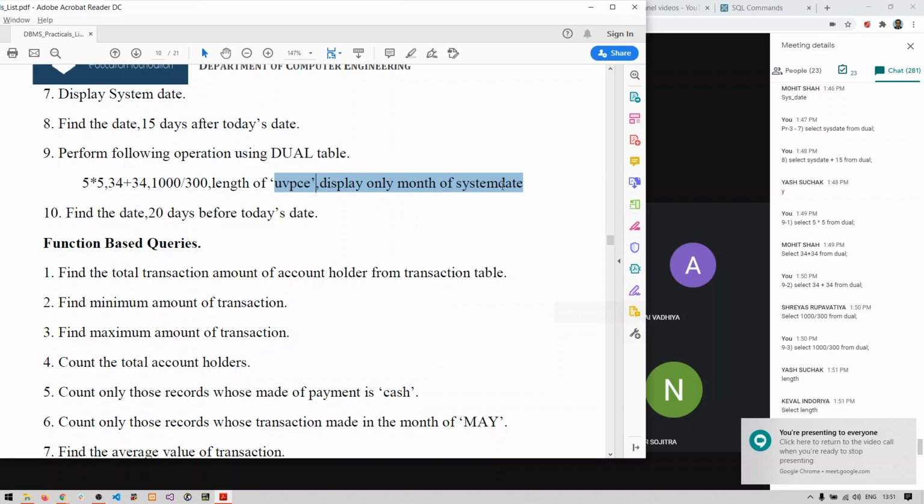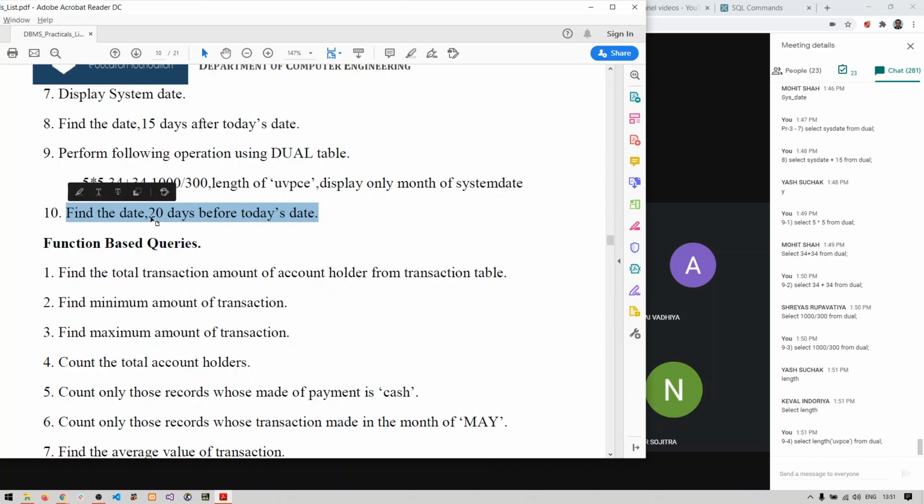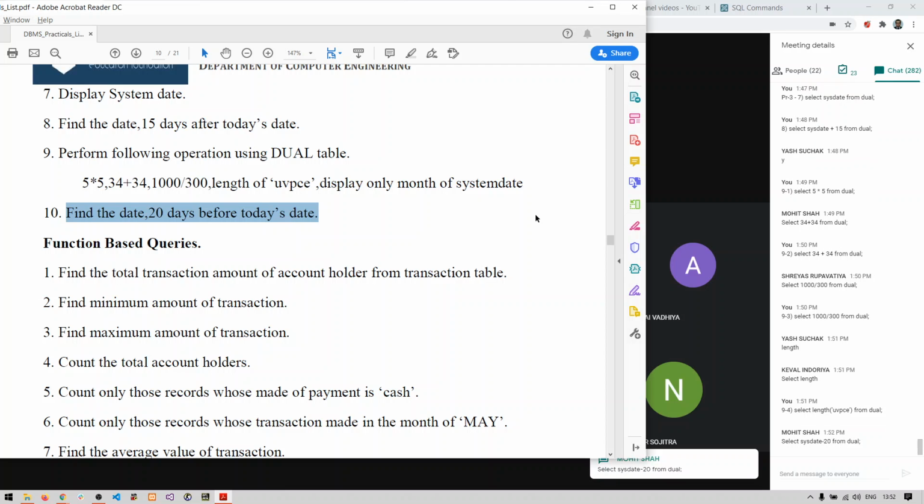Before I go to the last one, can you tell me the answer for the 10th one? Find the date 20 days before today's date. That means I want to see the date 20 days before system's date. What will be the answer of this? Write down the answer in the chat box. Very good, Mohit.